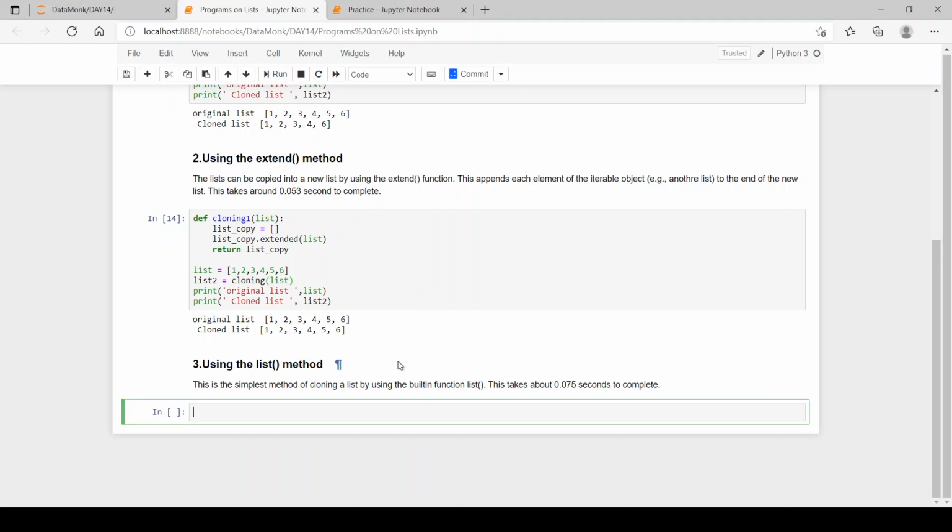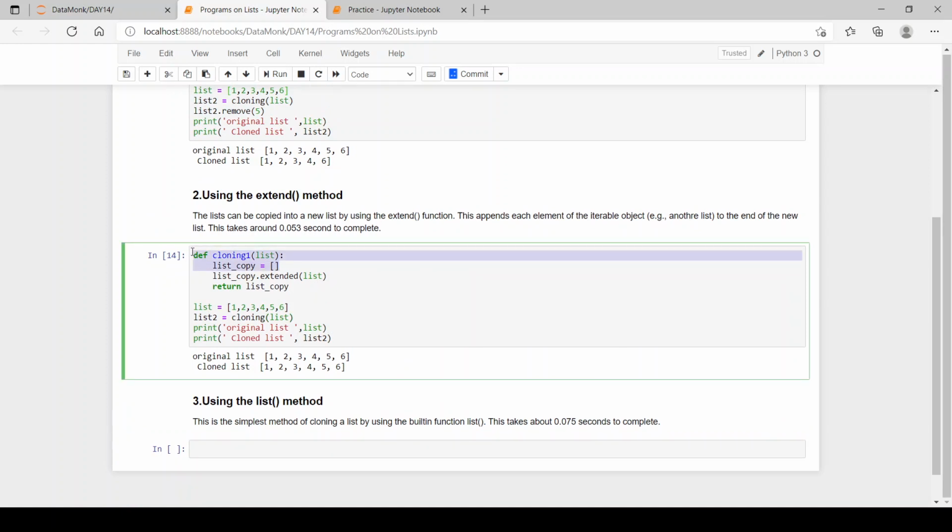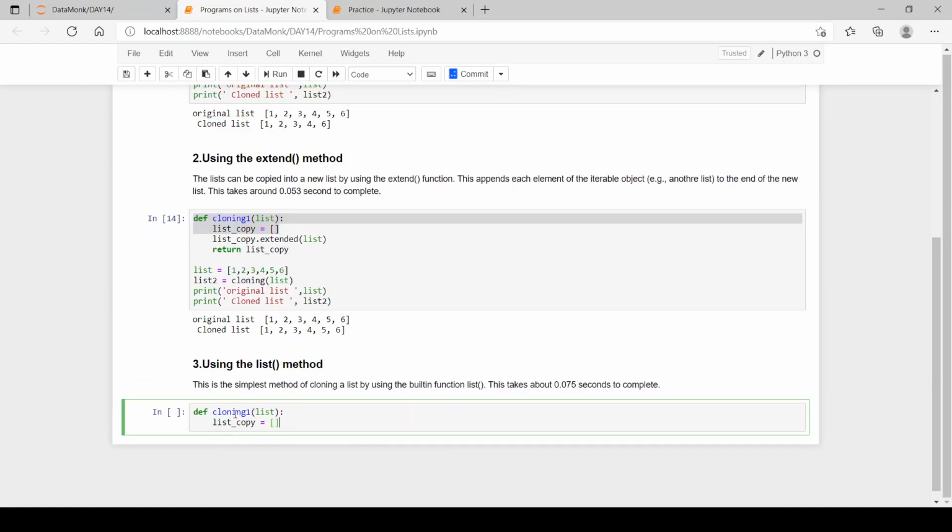We'll do the same thing. We'll have the function def cloning, and we'll copy it from above and change it to 2. We will have the list which we want to clone. Then we have to use this function called list, and just pass in the list.